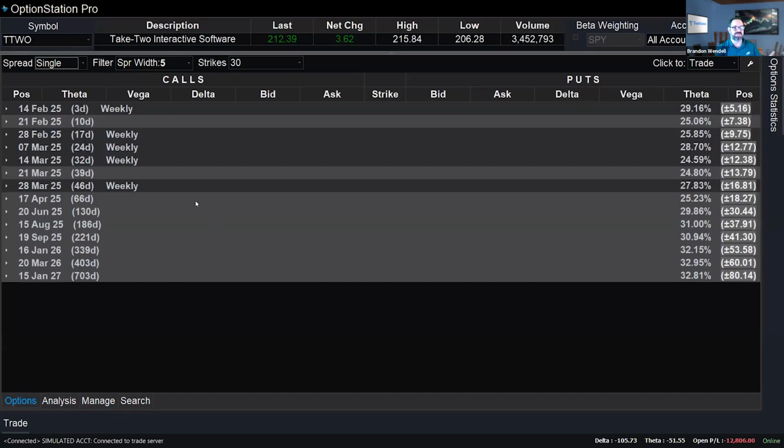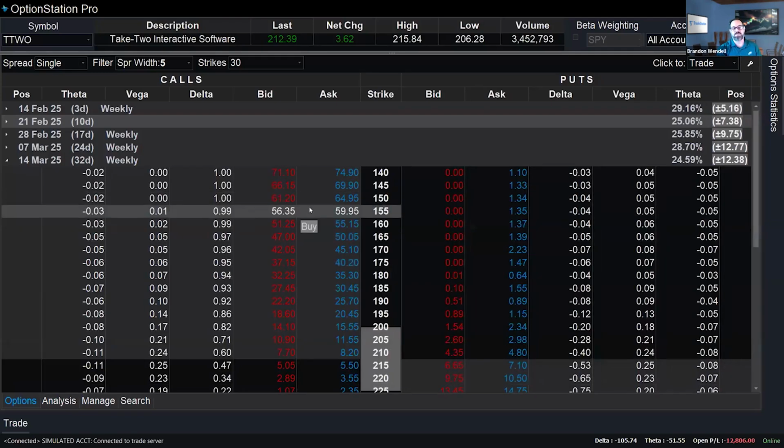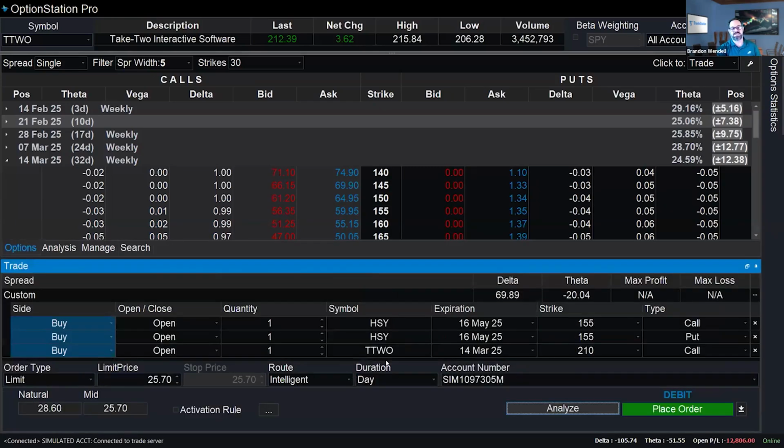Now, I've been doing options education and trading education for about 25 years or so. So I've seen a lot of the same mistakes that people make over and over again. A common mistake is they think, oh, it's going to go up, I want to buy this, but I'm trading an option because I would like the leverage, or I don't want to spend a lot of money, or I have limited funds in my account, whatever it may be. It doesn't matter. But a mistake that a lot of people make is they just go out and buy an option. Let's see, we're at 212 right now. So maybe you buy the 210 call because you're bullish on the stock.